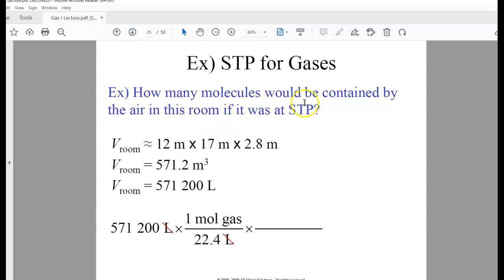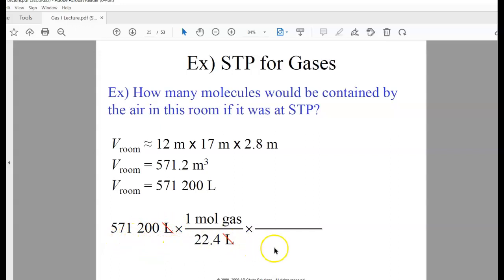How many molecules would be contained by the air in the room if it was at STP? Well, we can assume that the volume of the room is approximately 571.2 cubic meters. This is just an average room here. And that would be 571,200 liters. There are 1,000 liters in a cubic meter. So just going ahead here and converting